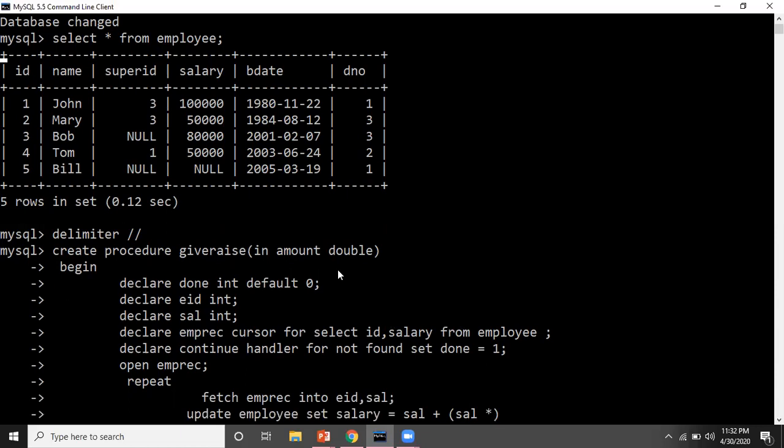Let us suppose I want to give 10% increment or 20% increment. 10% increment means what? 0.1, right? So instead of the value, I'm writing amount because it's an IN type procedure that will take a value. The value of this amount will depend on what I'm passing at the time of calling. Whatever I'm passing will come here in amount, and with that amount I'm multiplying the salary, and I'm adding it to the current salary.